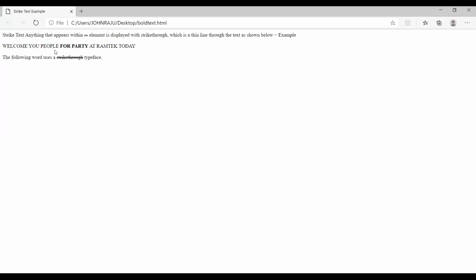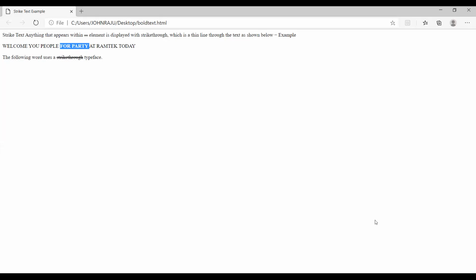So this welcome you people at party, it is not in bold letters. Only for party is in bold letters. Why is it that only these two words appear bold? Anybody answer? In the output screen, only these words are appearing bold. Why not others?